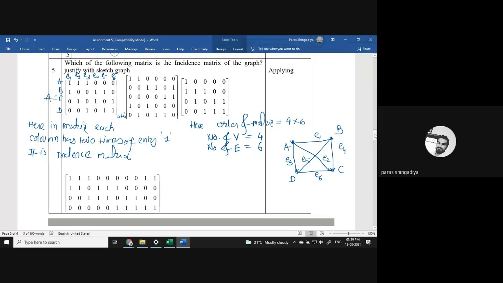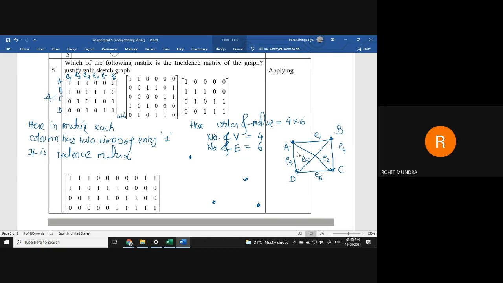Sir, in the incidence matrix, can we draw the graph randomly? The vertices should be fixed, okay, and you can consider any shape for the vertices. That is one form; if you change this, then you can consider also this. Shape can be anything, but vertices should be fixed and edges should be fixed. Connection also is given as per the matrix, so mention it in the graph. The design can be anything, okay. It is not fixed that it is always a square form. It depends on which vertex positions you choose.